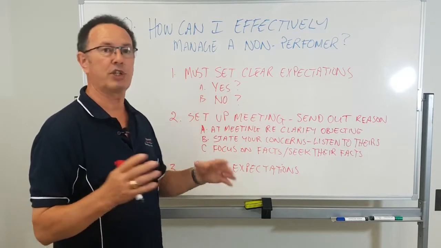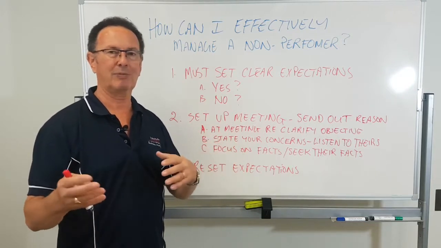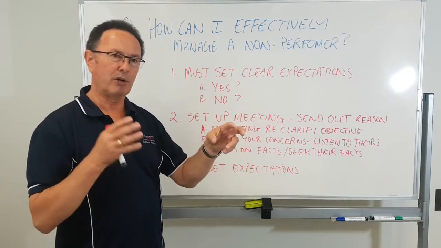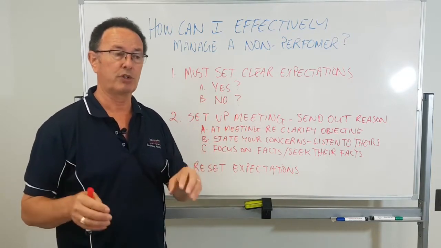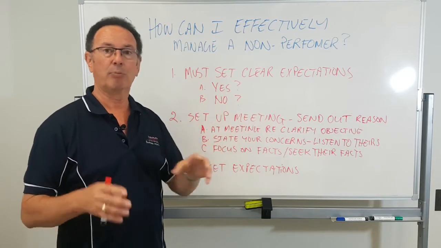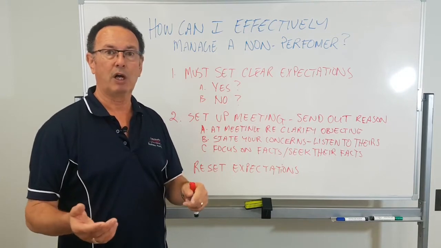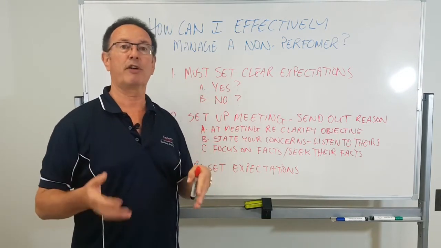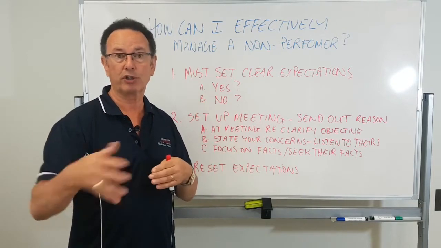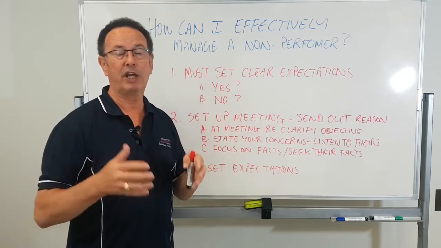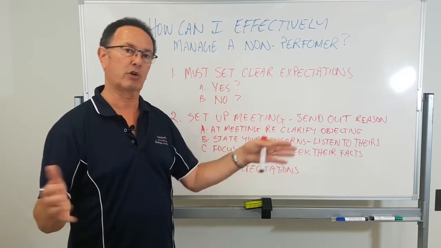Then the next thing is to reset your expectations. So many of the expectations that you have in your team are shared expectations, but I'm critical about the fact that you also need to bring it right down to individual levels. So yes, you've got some shared accountabilities, but you've actually got specific ones. So for example, a shared one could be: an expectation I have of you is that you will look after your own safety out there in the workplace, and you'll be cognitive of others' safety, and you'll intervene to prevent a situation from happening. That's a shared one that you'd have across your whole team.